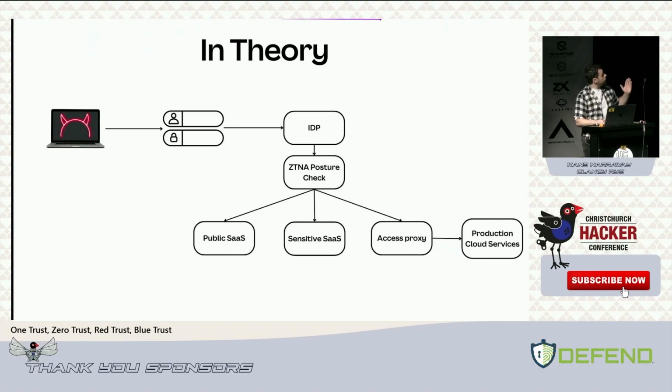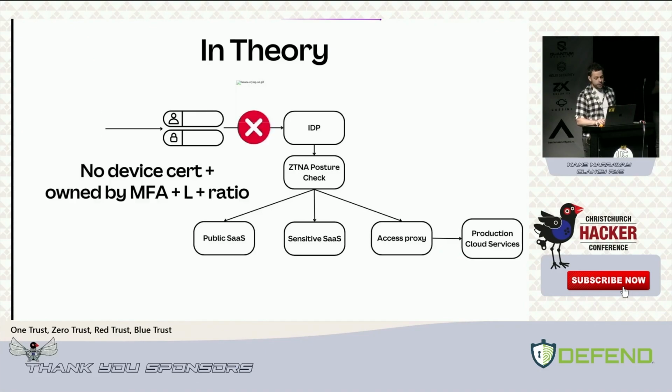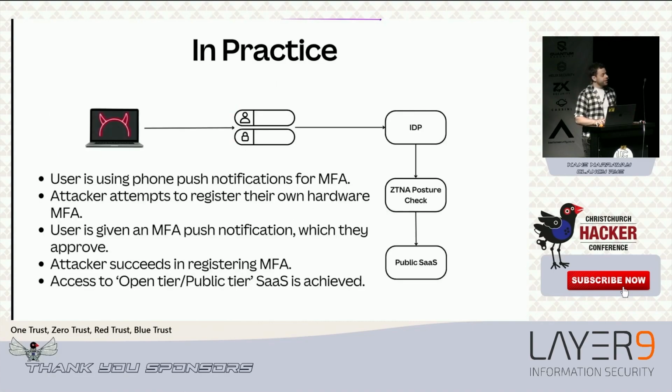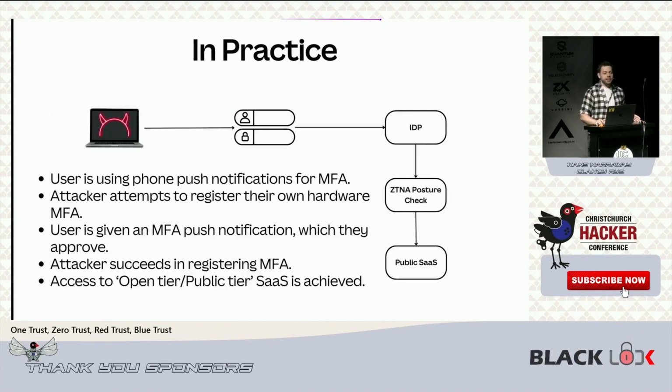Let's take a little bit of a look at Kane's simple example from earlier. Our expectation is that upon trying to authenticate using our stolen credentials, we're going to run into a wall, right? We don't have a valid device certificate. We don't have access to the user's MFA. Sad days, we're out of luck, right? Well, practice has the tendency to snatch the textbook out of theory's hand and bash them over the head with it. So this particular user doesn't have any hardware MFA configured and is using push notifications instead.